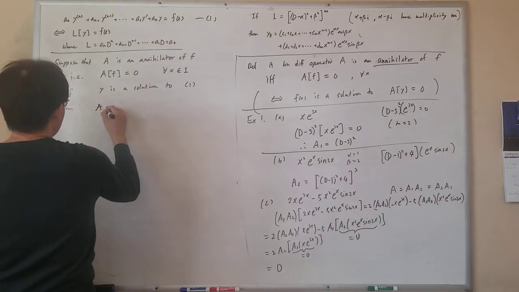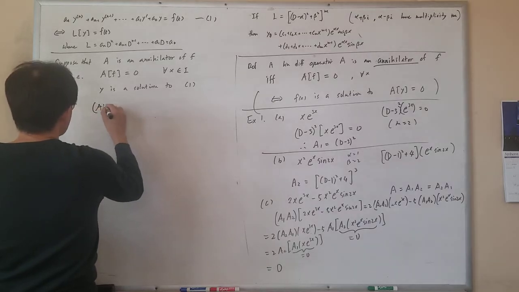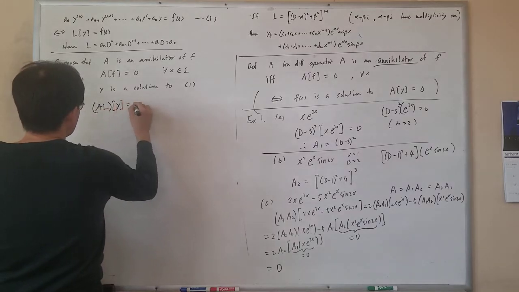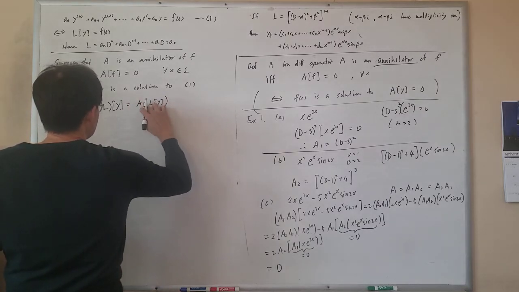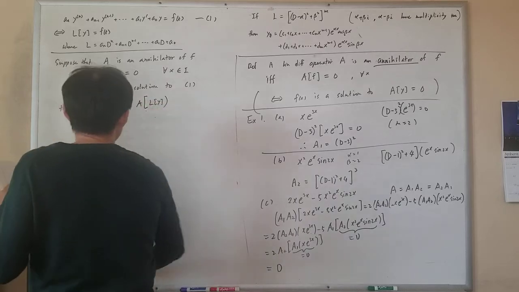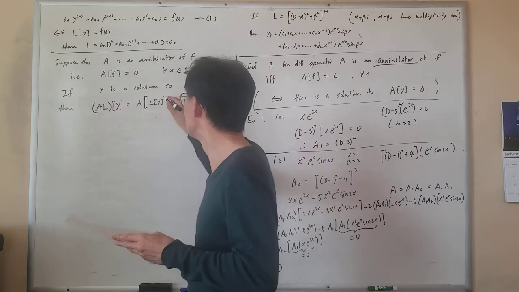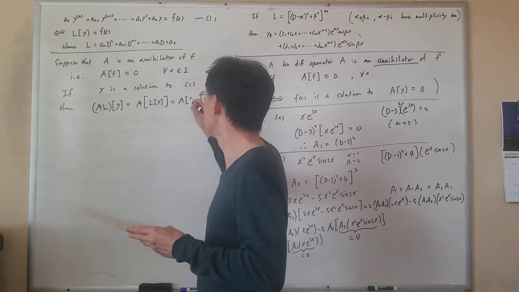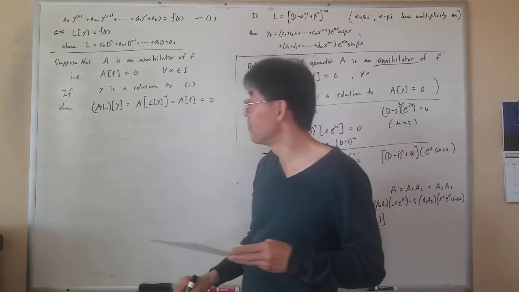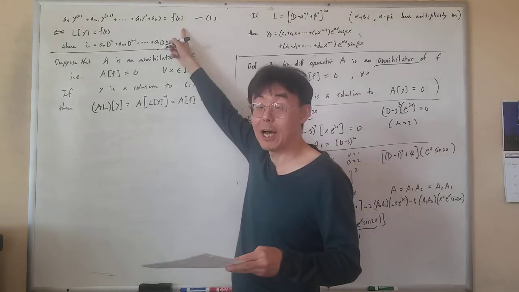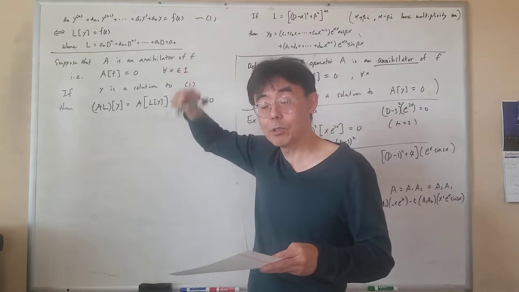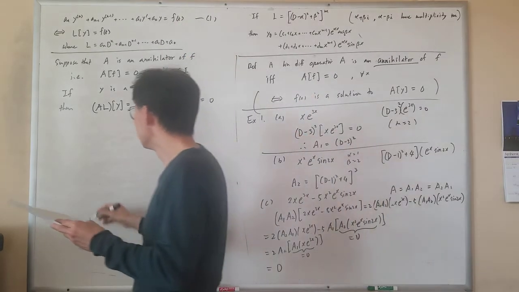Then A of L together of y will be A of Ly, right? A of f, which is 0. So if y is a solution for this non-homogeneous linear differential equation with constant coefficients, then